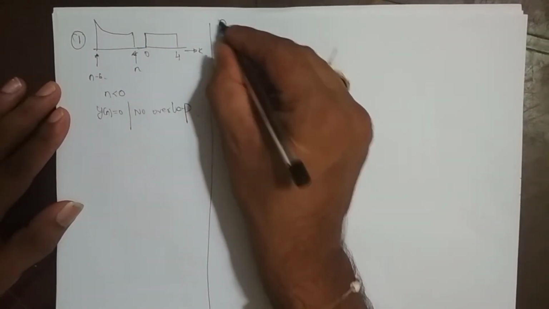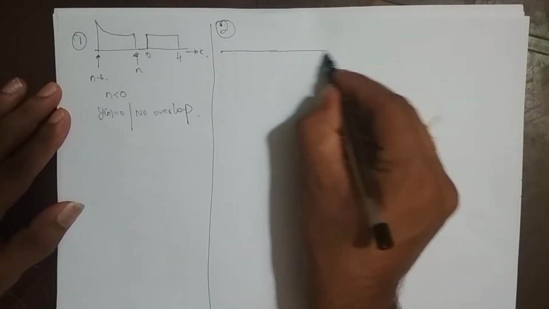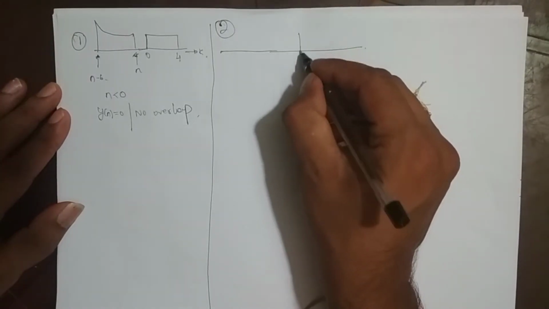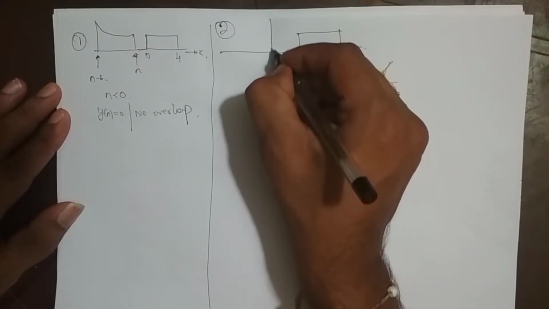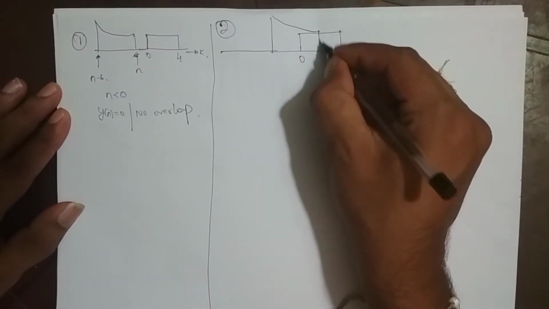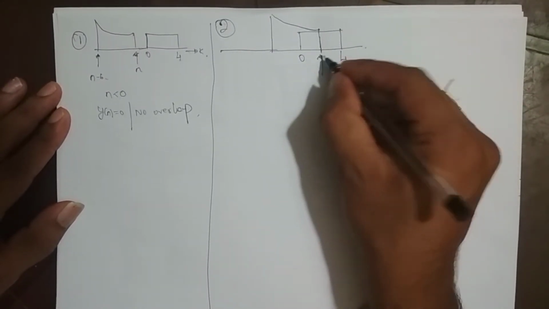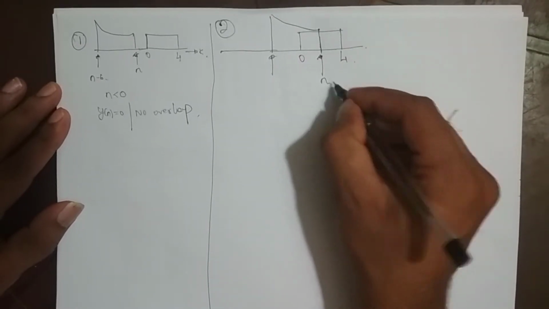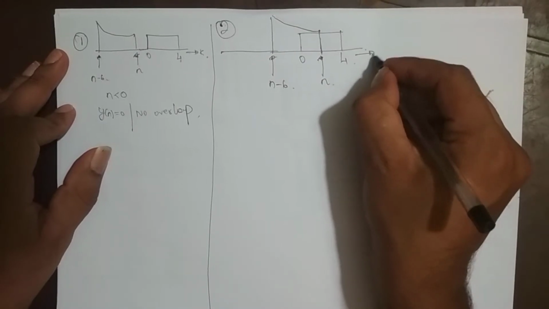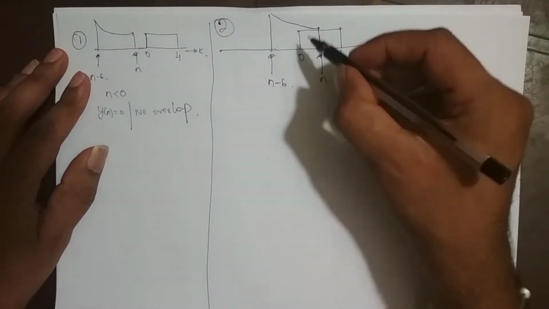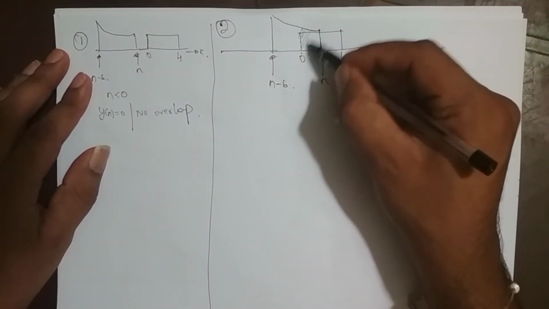So case 2, I have to move this sequence right further. So 0, 4. Say this is somewhere here and this is somewhere here. This is n and this is n minus 6. And this is k, right? And what is the overlap region? Start from 0 and ends at